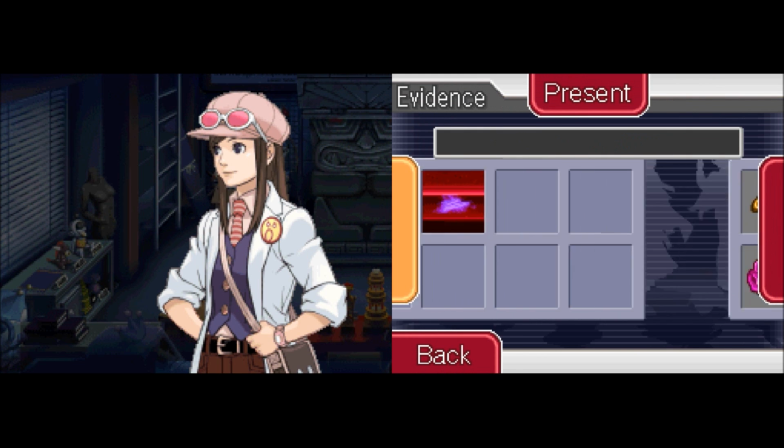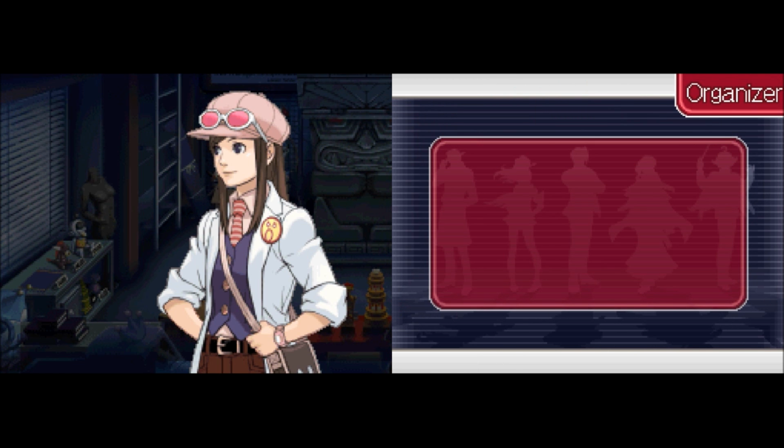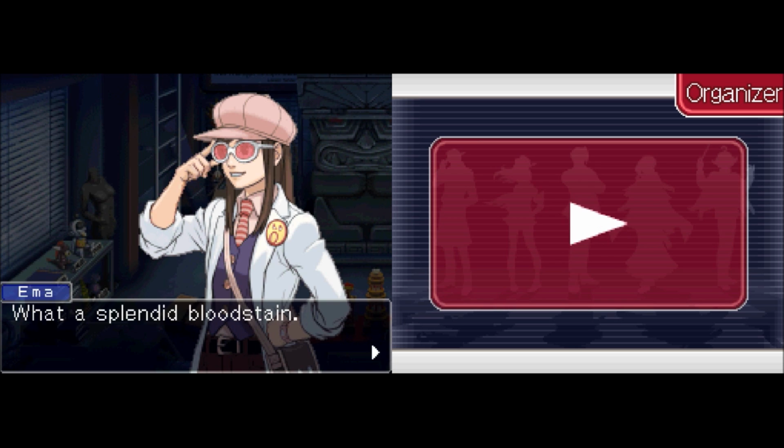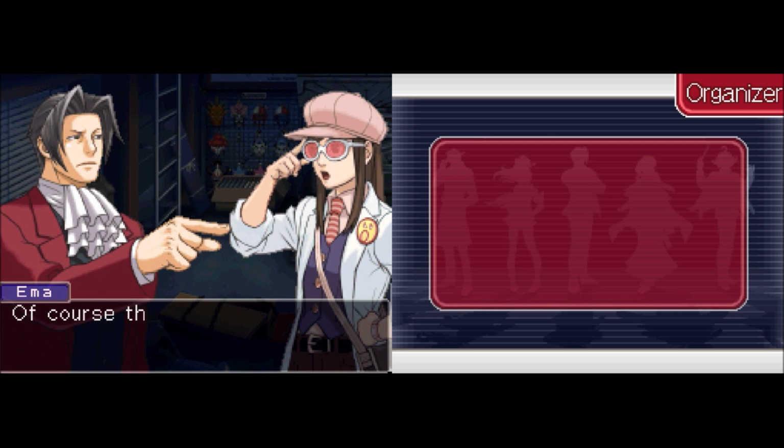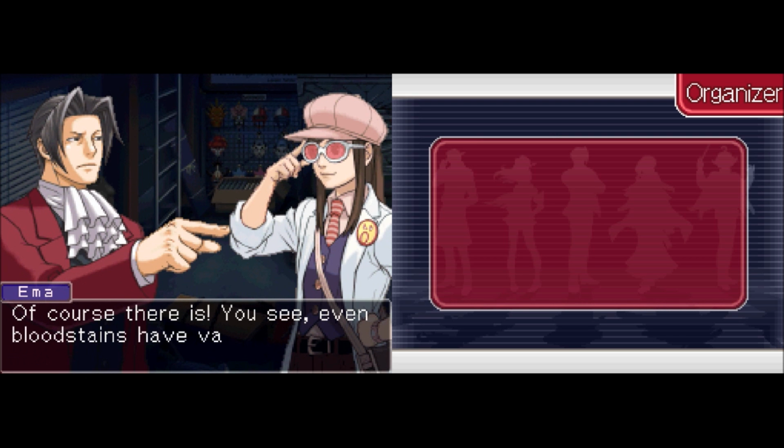What is left? Blood in the hidden lift. What a splendid blood stain. I don't think there is anything splendid about blood stains. Of course there is. You see, even blood stains have various...